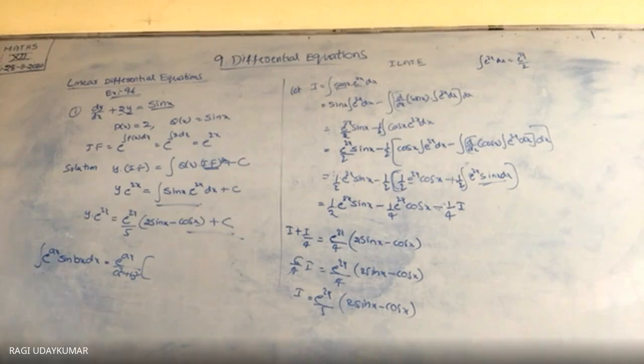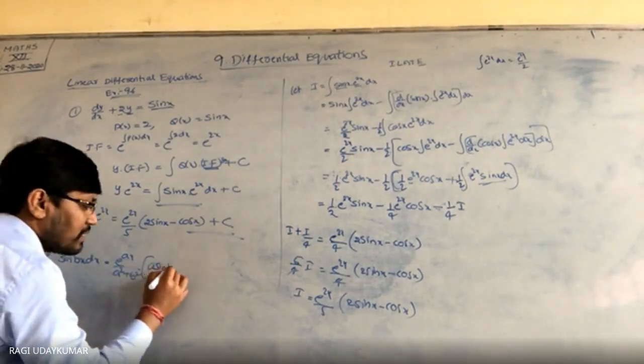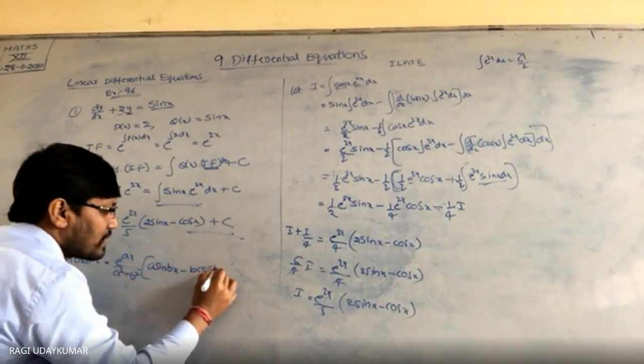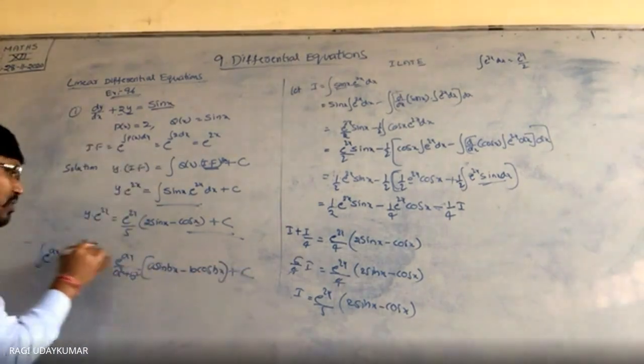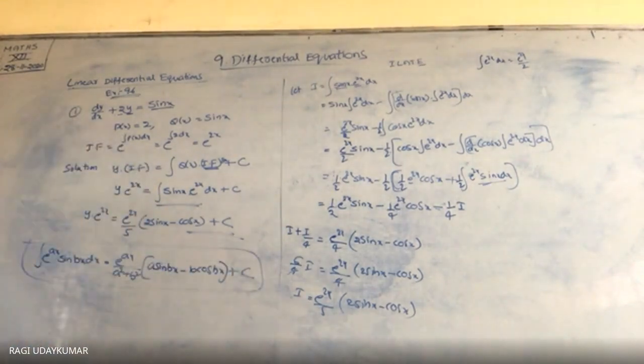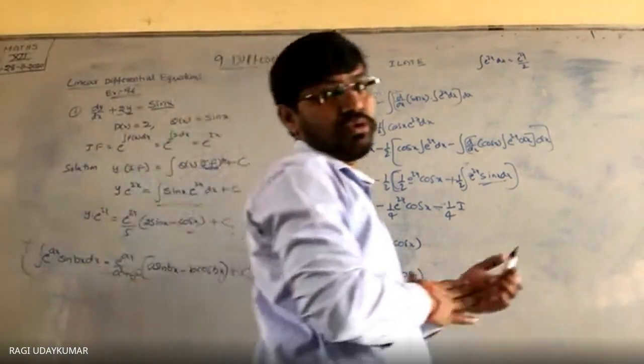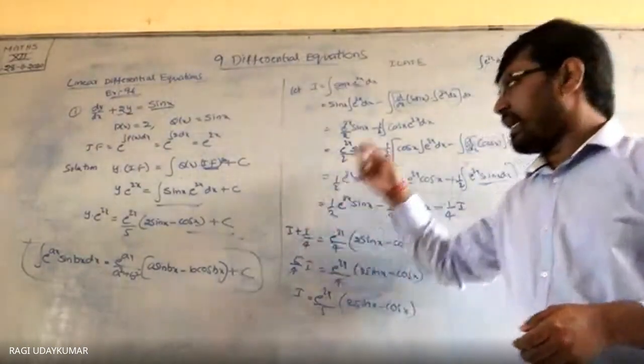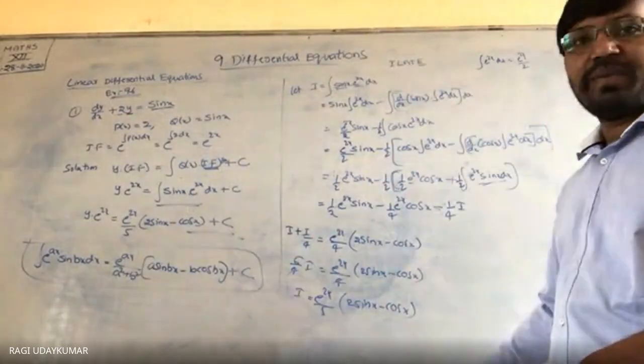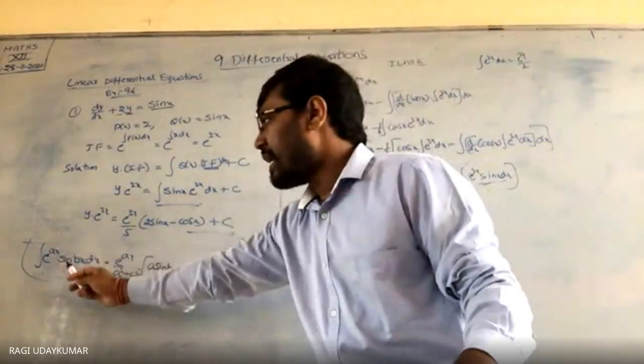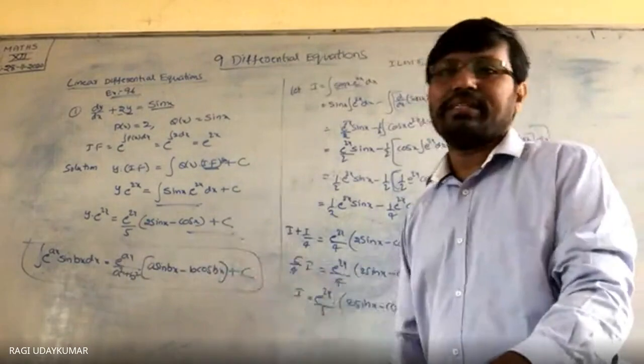Whenever you are taking into consideration a sin bx minus b cos bx plus c, this is also one formula you can derive in the same way I have derived it. This will be useful to you in your JEE exams, to use directly. If we keep doing it this long way, it automatically takes more time. So in the same way we solved it by taking a and b, you try this problem, then you are going to get this one.